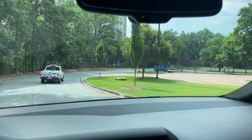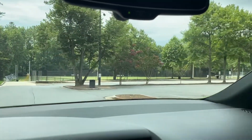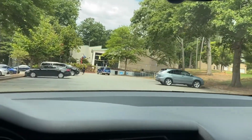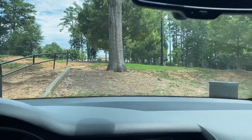Okay, so here's my actual polling location, and if it weren't for time lapse, that would have been an extra, what, 3 or 5 minutes? I don't know. But tell me, government, how this is supposed to be better. I really am having a problem with this. I don't get it. I don't get it. I am going to vote, though,